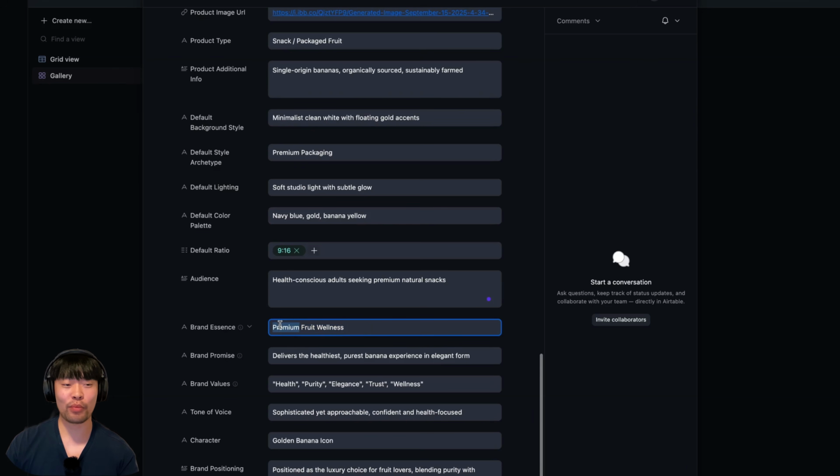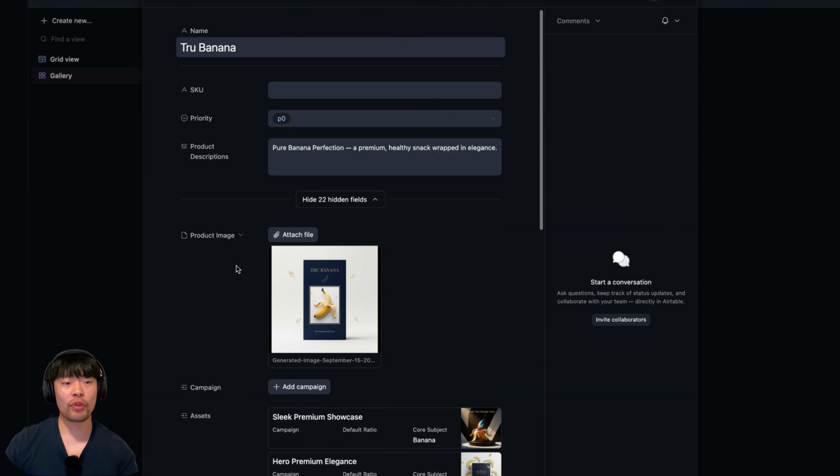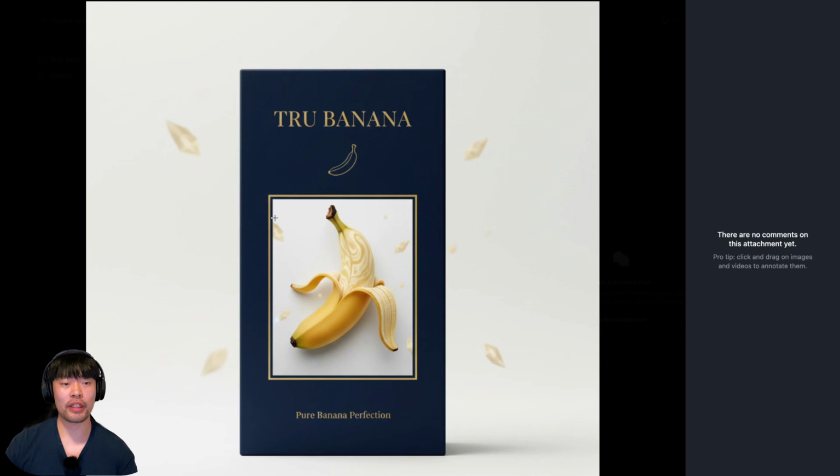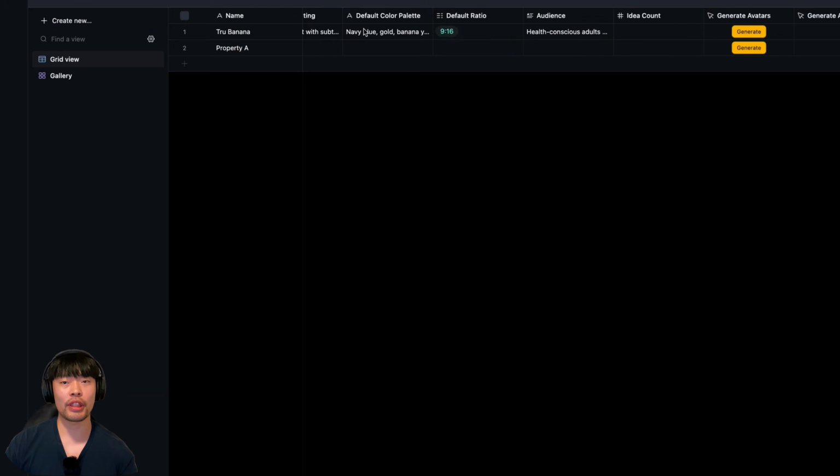So that is why we said premium. And tone of voice is like this, and character is golden banana icon. And then you can also fill out some type and default settings for images or videos from there. And also you have to just put one image. And this is a virtual brand, so I created this one using Nano Banana, and I uploaded it like this. And I like that. So the next step is, if you go to grid view here,